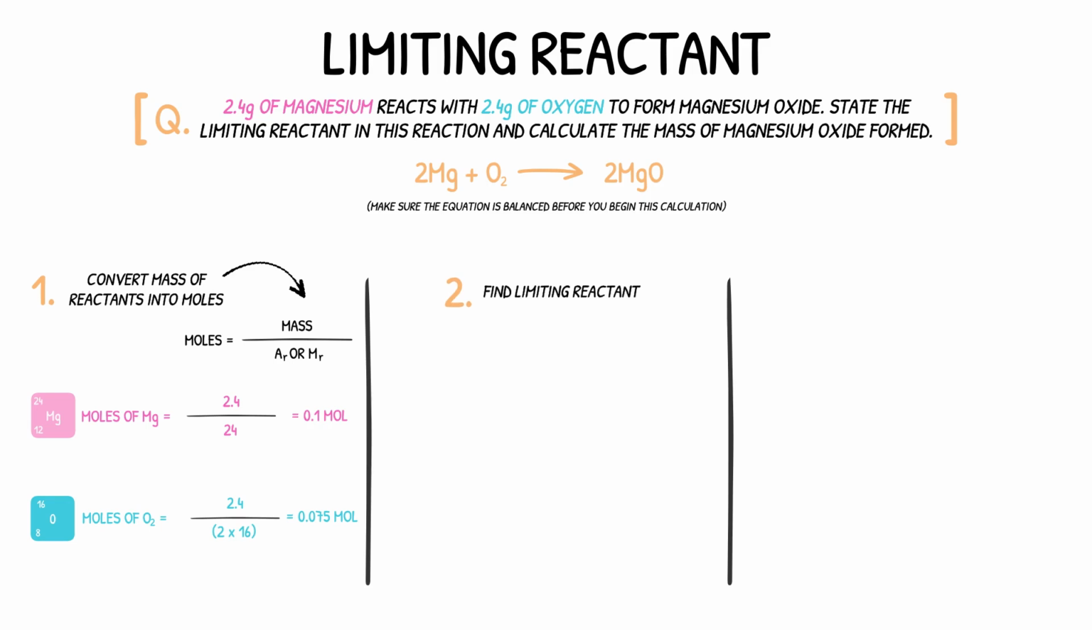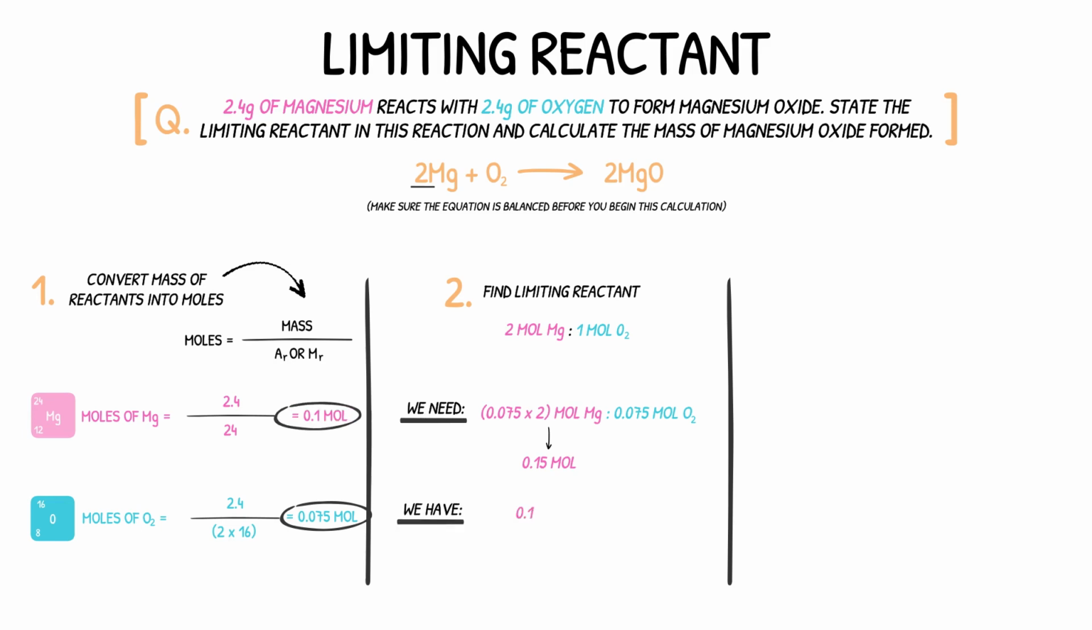The balanced equation tells us that 2 mole of magnesium reacts with 1 mole of oxygen. On this occasion, this ratio cannot be simplified further, so we can leave it as it is. This ratio indicates that for every 0.075 mole of oxygen, we need 0.075 times 2 mole of magnesium, which is equal to 0.15 mole. In step 1, we calculated that we only have 0.1 mole of magnesium, therefore magnesium is